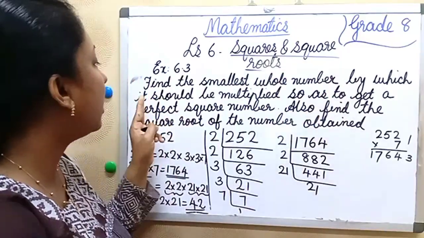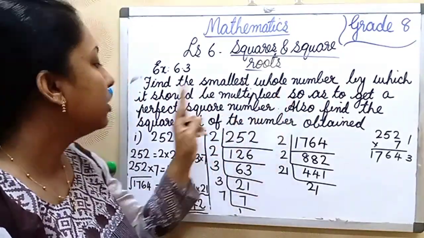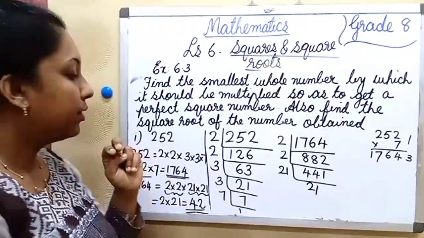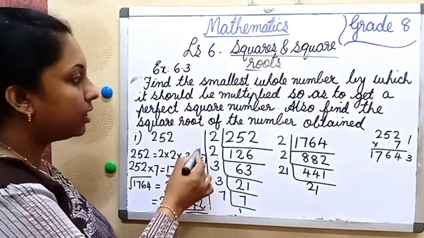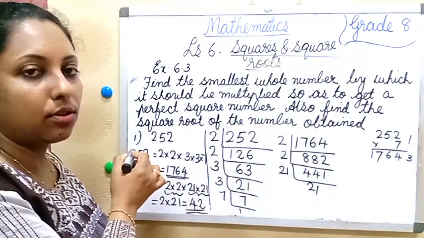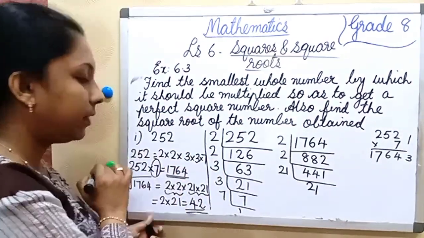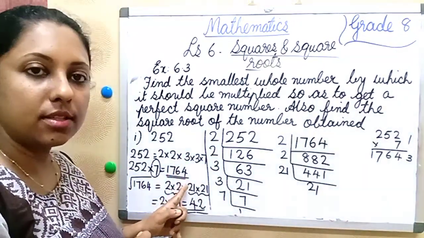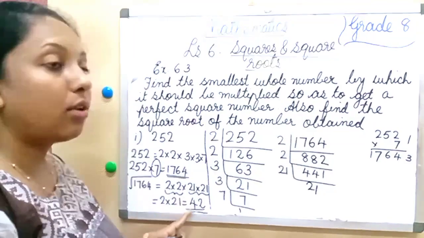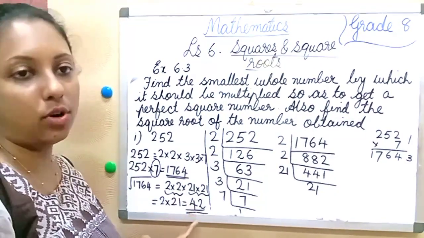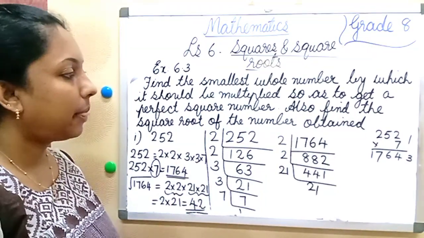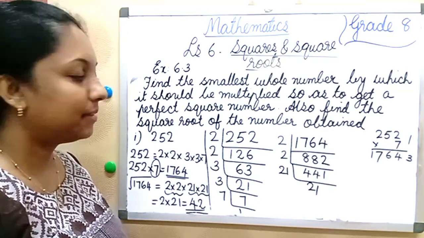So what is our question? Smallest whole number by which it should be multiplied so as to get a perfect square. So what is the smallest whole number we should multiply to get a perfect square? 7 only. So the new number is 1764 and the square root of that number is 42. Hope it is clear. Next number,